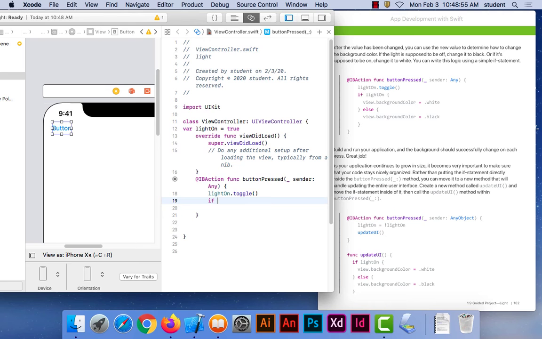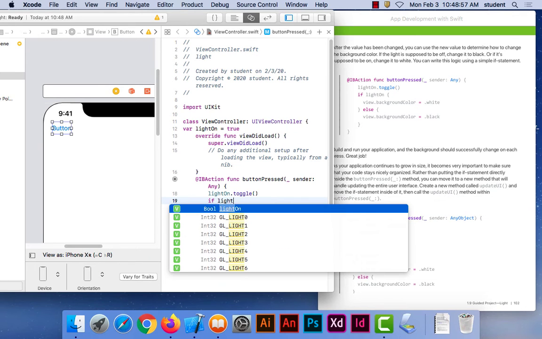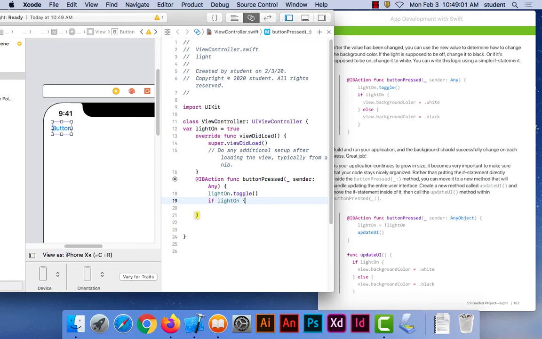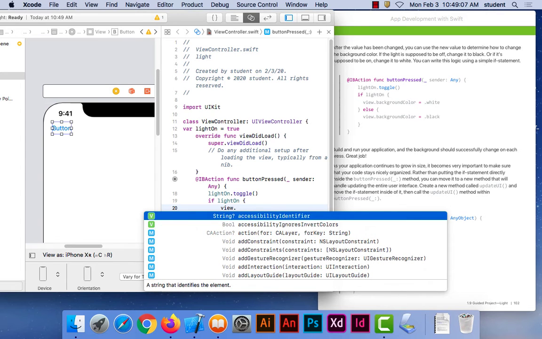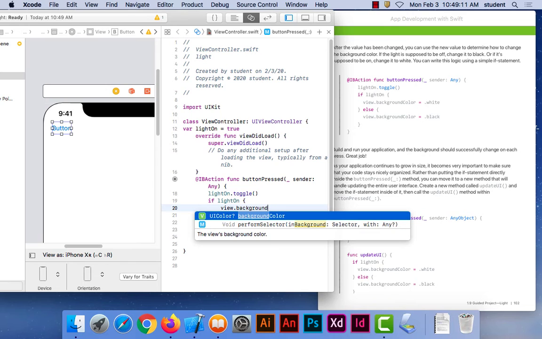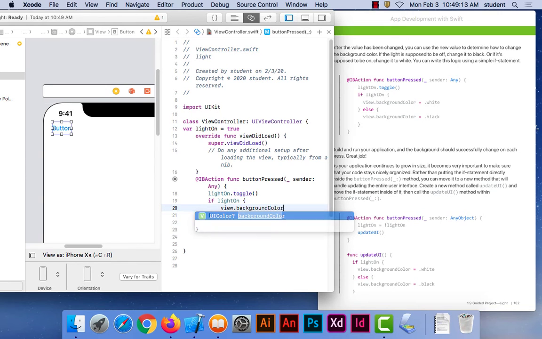So if lightOn, and then again round bracket, and then this is the program I showed you. view.backgroundColor is equal to .white, and then we're going to hit a curly bracket, and then else,